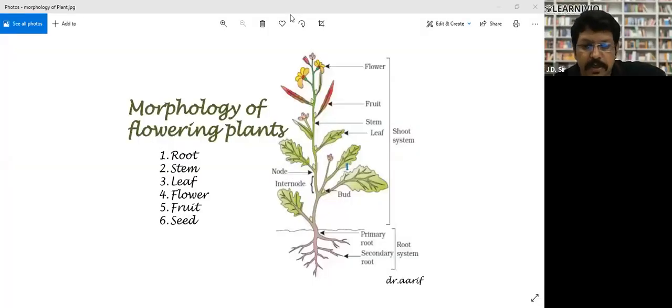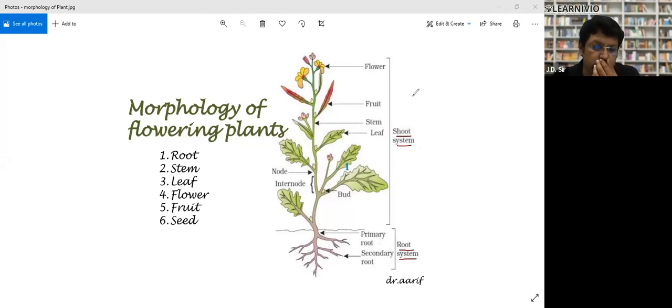Look, this is basic morphology of an angiosperm plant. So we are studying the morphology of angiosperm plant. The part which is found below the ground surface is called root system, right? And the plant part which is found above the ground is called shoot system. Okay, root system of primary root, secondary root, tertiary root, root hair, and all that. We'll study in detail the root system first, then we will study about the shoot system.